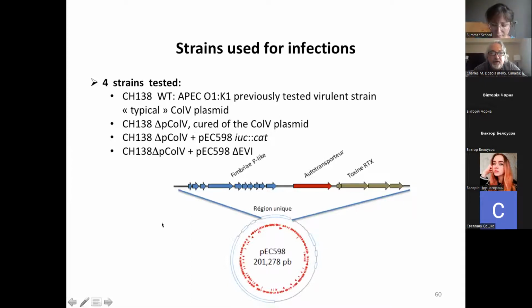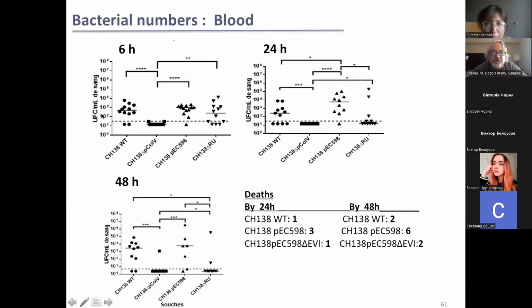And so in order to let you look at the difference of the importance of one plasmid versus another. So the wild type strain has the traditional col-V plasmid. When it loses this plasmid, it's highly attenuated and unable to grow in the blood. Here we've switched the plasmid to the one that has the unique virulence island, and you can see it's more virulent, it's getting higher numbers in the blood, and then here we actually had mortality